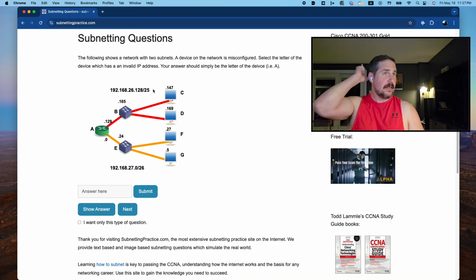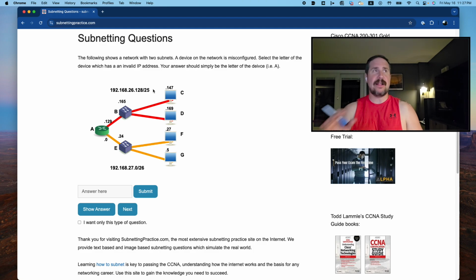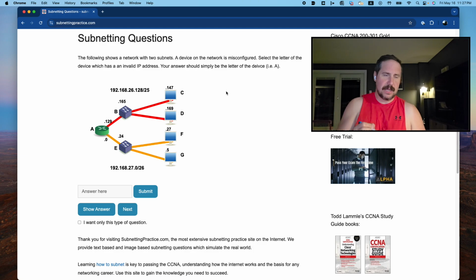So first of all, let's figure out the range of valid addresses for each subnet, because remember, we need to have an address for the network and an address for the broadcast that can't be occupied by any device. So that's probably what's going to be the issue here. So first of all, the range. A /25. So we're operating here in the 4th octet. We are borrowing 1 bit from the 4th octet. That means our range is